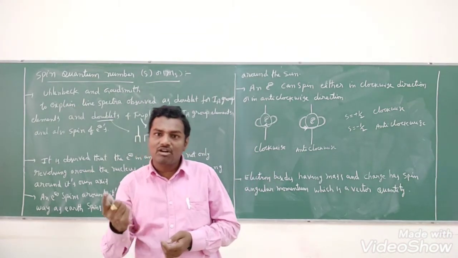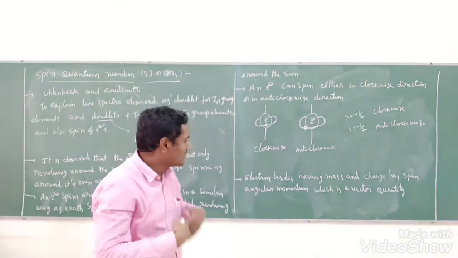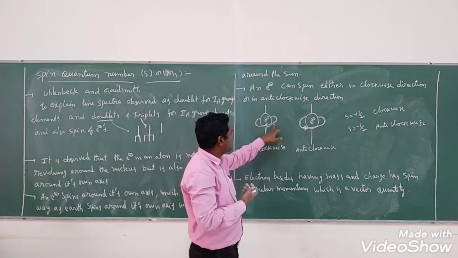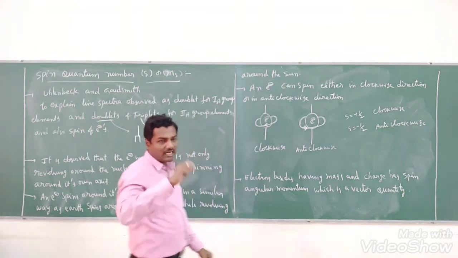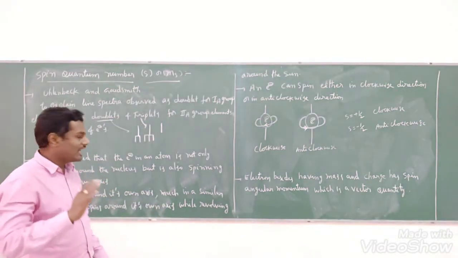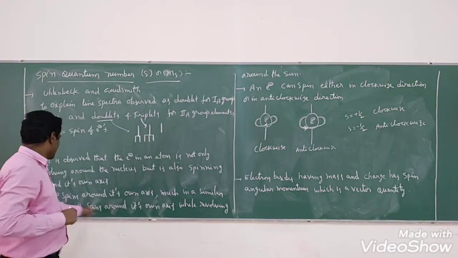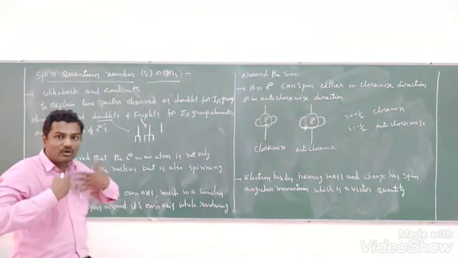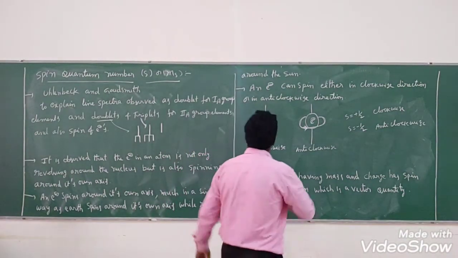So spinning of electron around its own axis also possibility is there. Not only the electron revolves around the nucleus, it also spins around its own axis. If it is around its own axis in clockwise manner or anti-clockwise manner, two orientations are there, that also we will discuss, students. Now you see an electron spins around its own axis much in a similar way as Earth spins around its own axis while revolving around the sun, students.